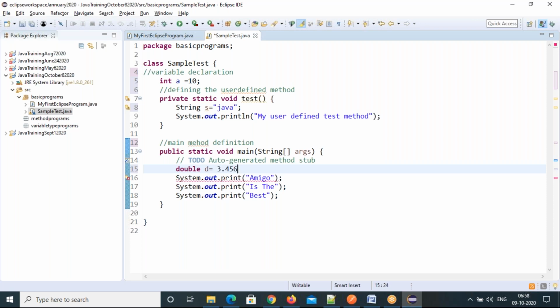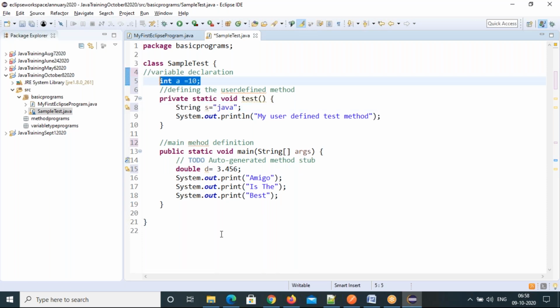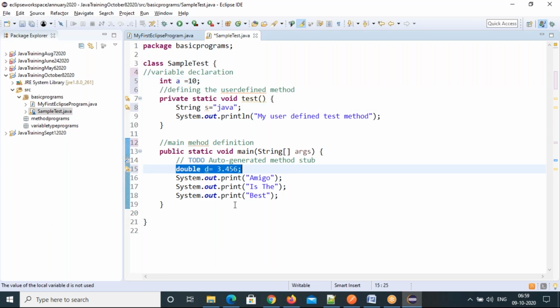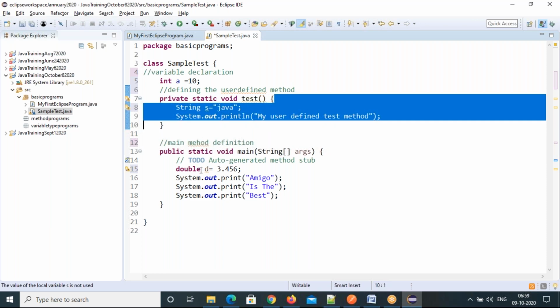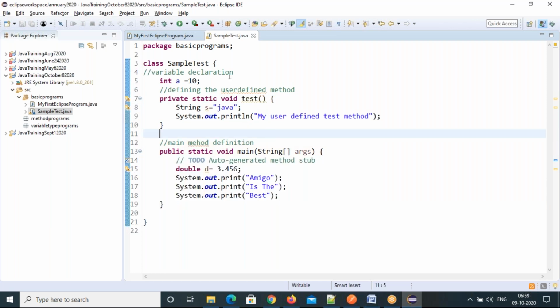So this is another variable defined here. But there is a difference between defining inside the method and defining outside the method. The scope will be different. The one defined outside has a wider scope. This one is only for this method, and this D also you can use only in this method. I'll explain that in the variable topic. Don't jump too deep into that. First understand the modifiers. If you have any questions on the modifiers.